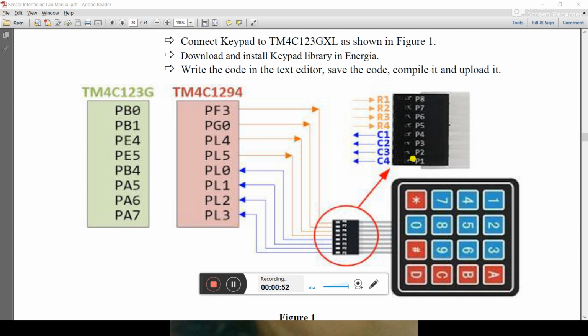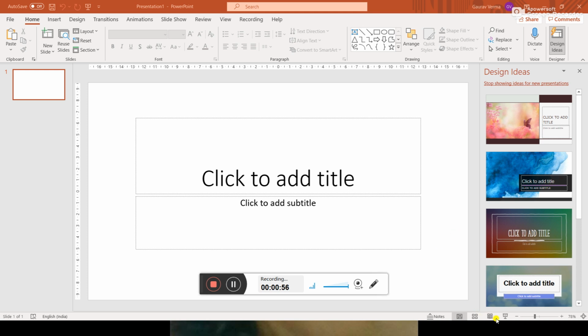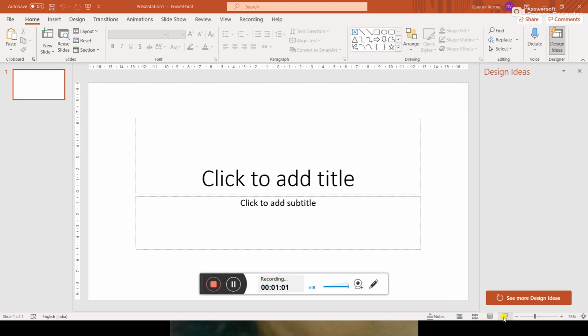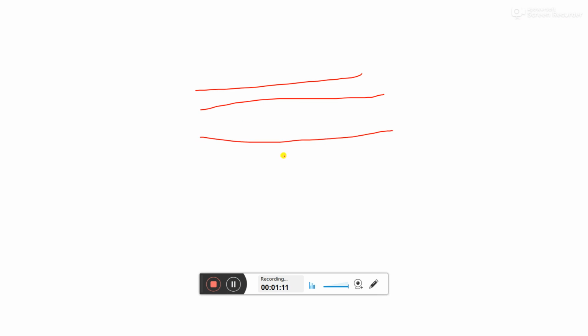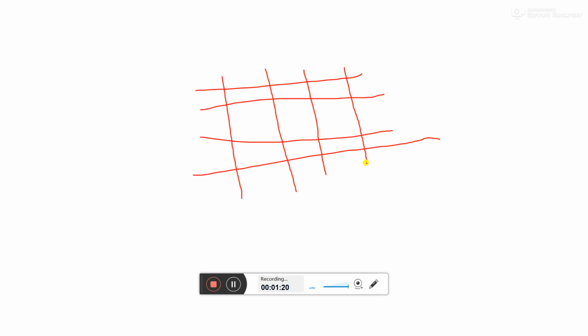For example, if we have a switch, I will show you how it works. There are some rows and some columns. Let me design it another way.